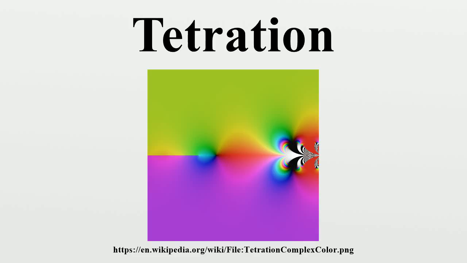Extension to infinite heights. Tetration can be extended to infinite heights. This is because for bases within a certain interval, tetration converges to a finite value as the height tends to infinity. For example, it converges to 2, and can therefore be said to be equal to 2. The trend towards 2 can be seen by evaluating a small finite tower.